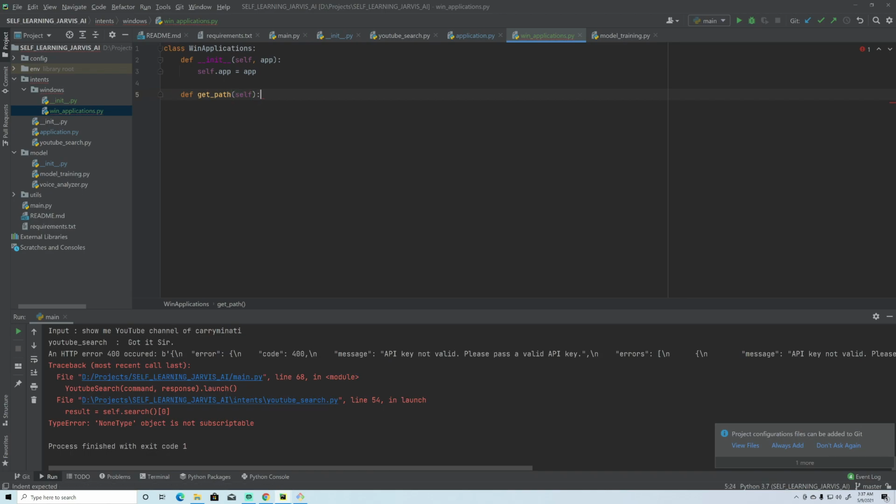So now first we need to decide in which directory we want to search for our applications, because we don't want to search all the folders or directories. All the apps should be installed in the Program Files, or Program Files x86, or it can be in your System32 folder. So we need to have only three directories.